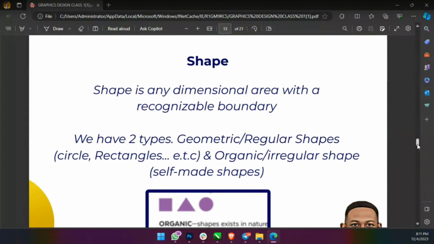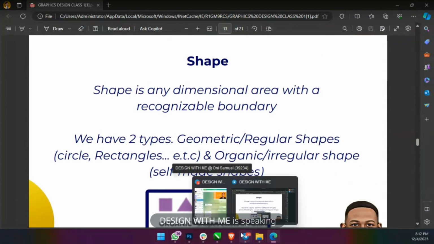I'll come again. Geometric can be known as irregular shape, and organic shapes can be known as regular shapes. So when I'm saying regular shapes, it also means organic shapes. When I'm saying shapes that are irregular, then it means geometric shape. So probably so much of our time. Let me show you the two different